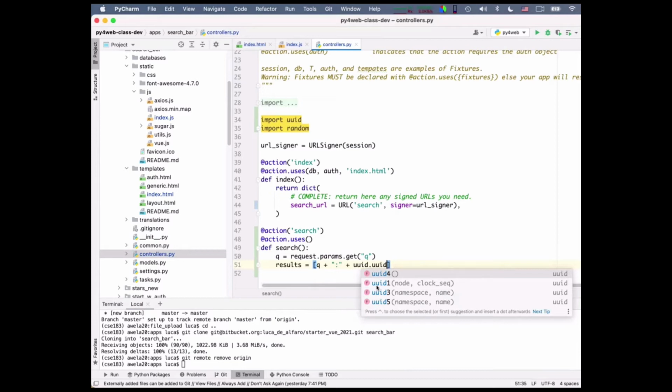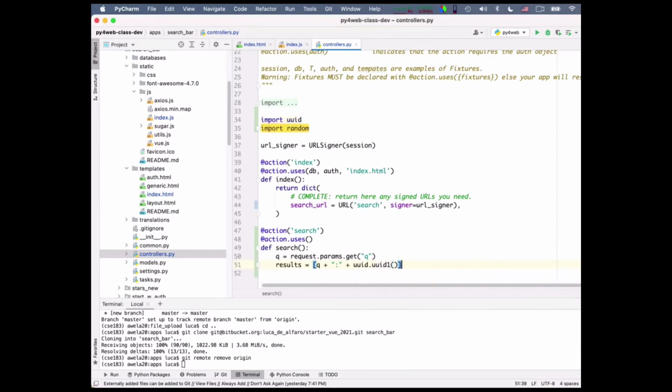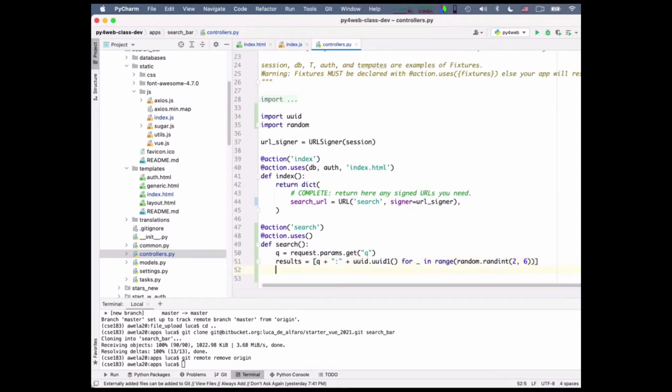UUID 1, okay, fine. So this is just to have a random string, okay? For I don't care in range of random randint. I want between 2 and 6 results, so I don't get bored. Okay, so this just fakes, but it puts as a first element the query string, so that I will see that the code actually works, and then it will put some random sequence of characters. Return dictionary of results is equal to results. So that's all I need.